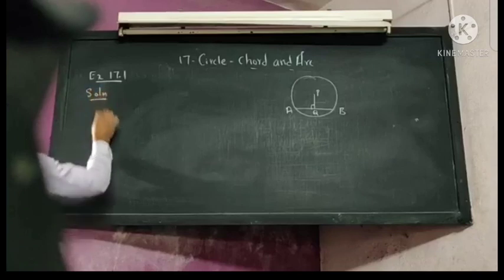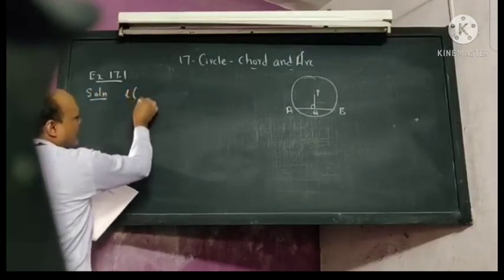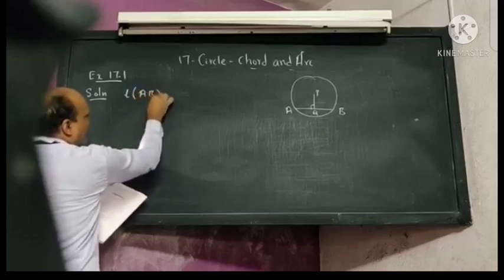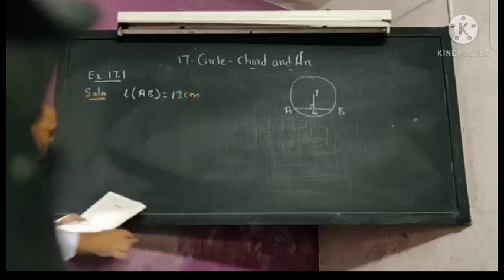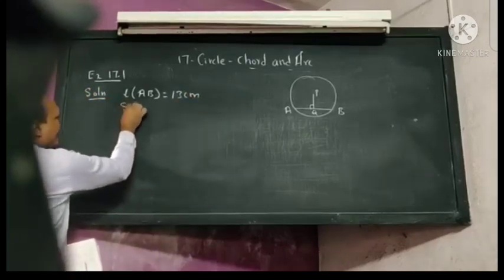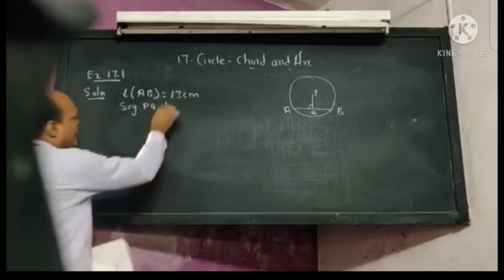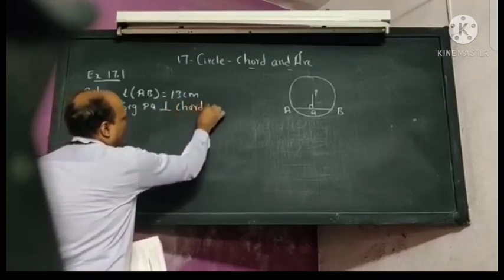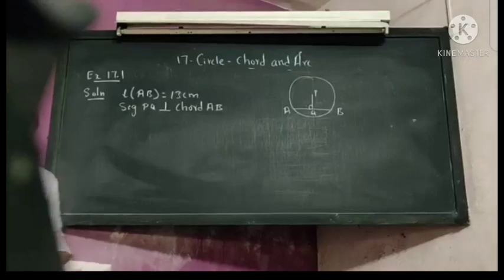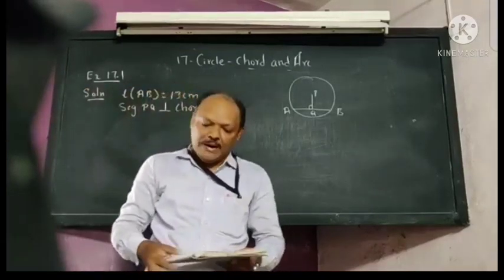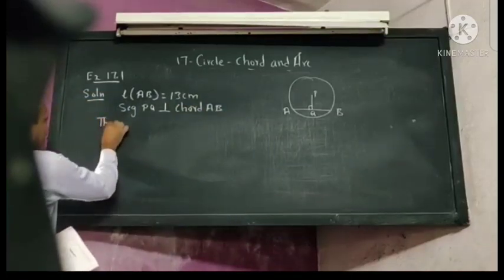First of all, write what is given here. The length of the chord AB is given to you, 13 cm, and segment PQ is perpendicular to the chord AB. Now we will use the first property: the perpendicular drawn from the center of a circle to the chord bisects the chord. That property we will use. So we have to write that the perpendicular